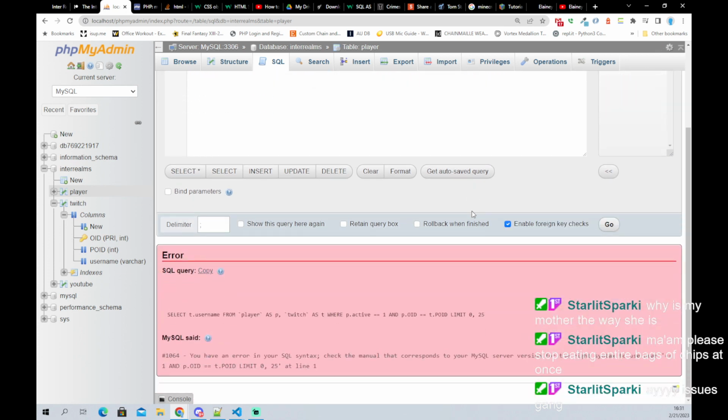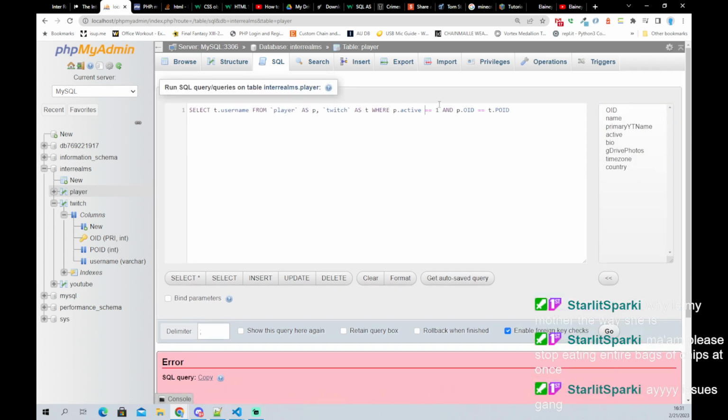Oh, okay. So it's the single equals. I hate that certain systems do double equals and other systems do single equals. This is the SQL programming language that we're manipulating here, and its comparison is the regular 1 = 1, like p.active equals 1.